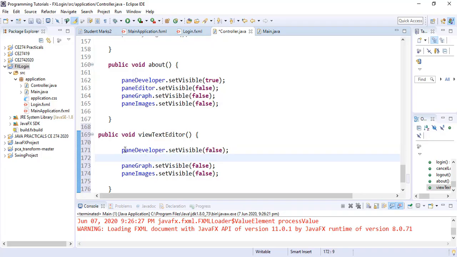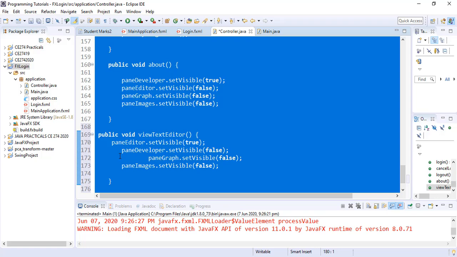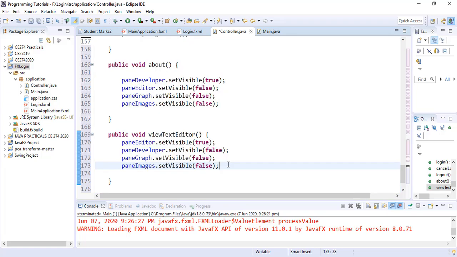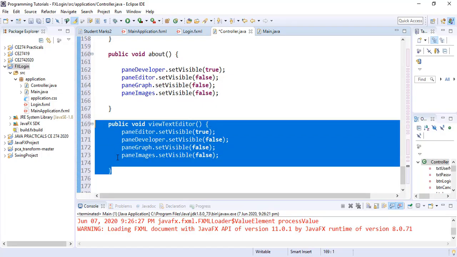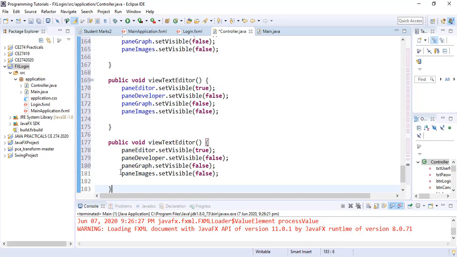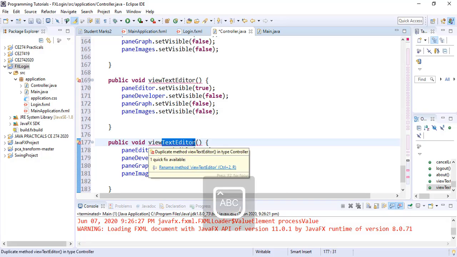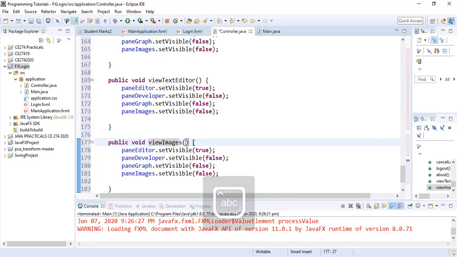So we take this one up. We do the same for the image view. We copy and paste. So here we want to view images, and we set all of them to false except the images, which we will set to true,